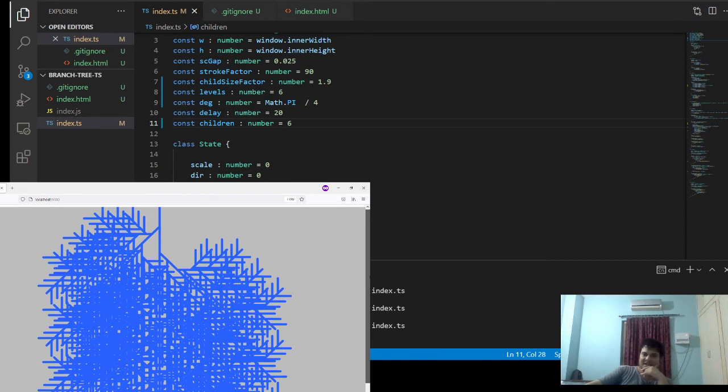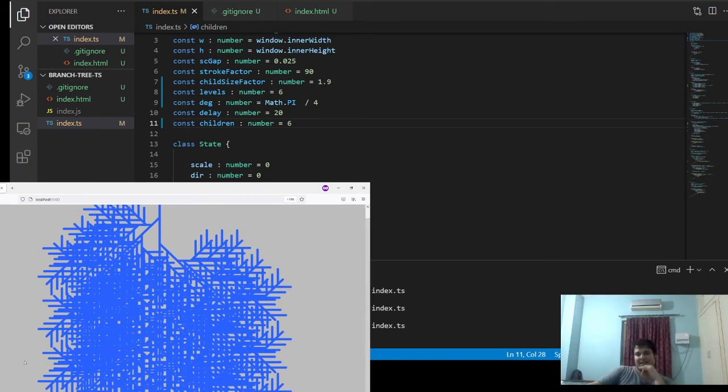It looks more like a tree. So yeah, we can do a lot of manipulations with this. This was one of the manipulations. It was just a visualization of a real tree. We can play around with these constants and see how it behaves according to which value. You can just increase it to 4.9 again.